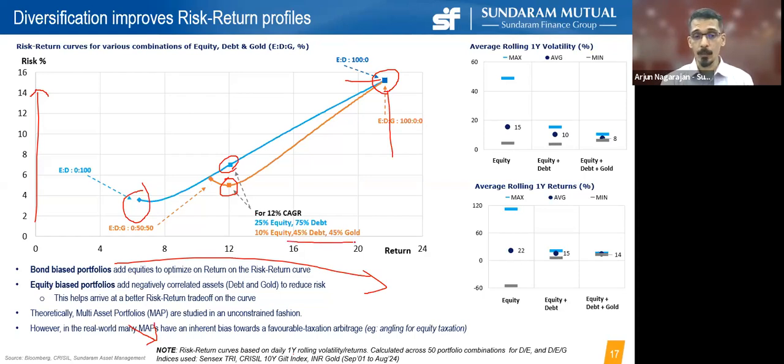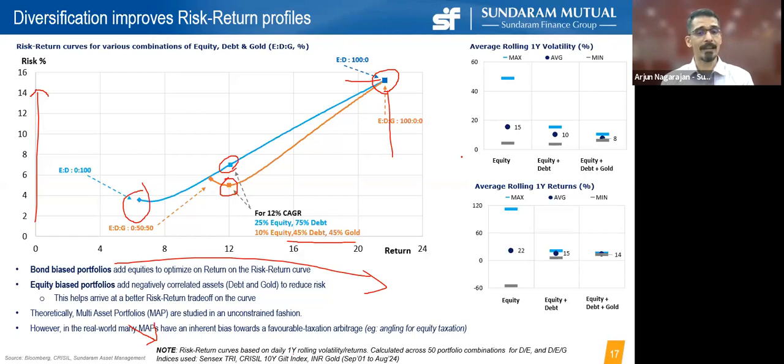In a real world where there are a lot of angles of tax arbitrage, a multi-asset portfolio has to also look at the tax angle there. So when you bring in the tax arbitrage component, for example, if you have a net 65% equity, you're considered an equity fund, and your tax implications are very favorable, or rather very different. So when you look at the practical world, you have to understand this is a theoretical construct that the data tells you. You have to add the tax arbitrage to it. And the key takeaway that you must have from this slide is diversification brings down your risk